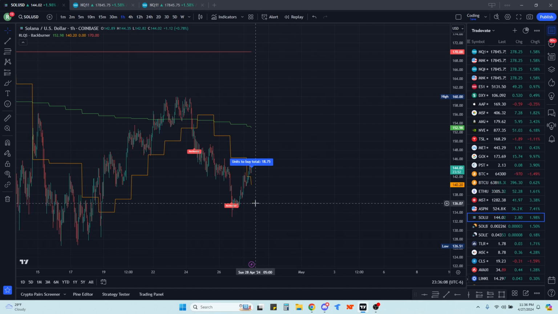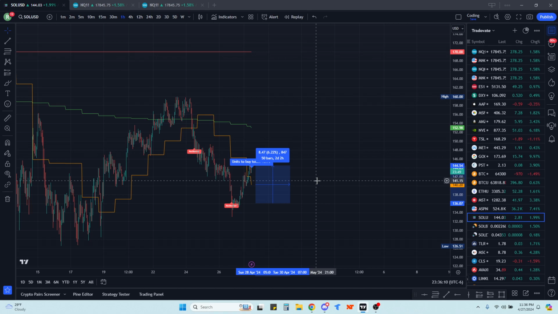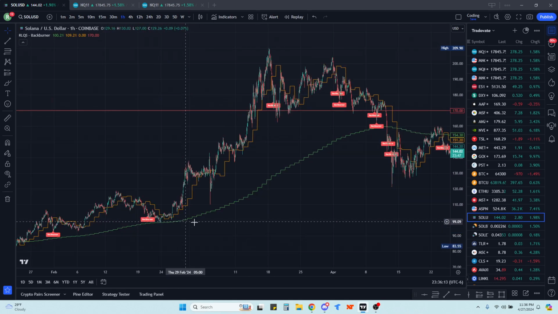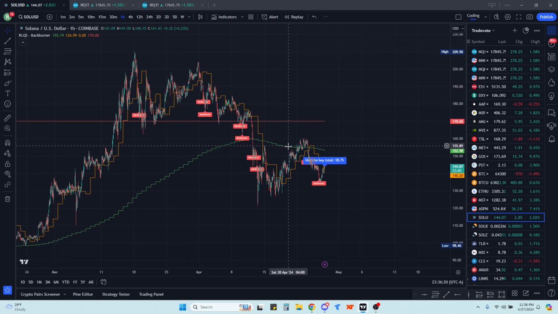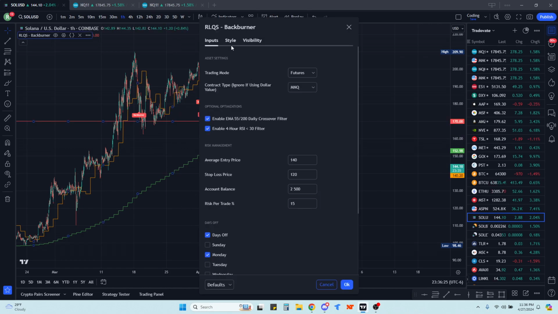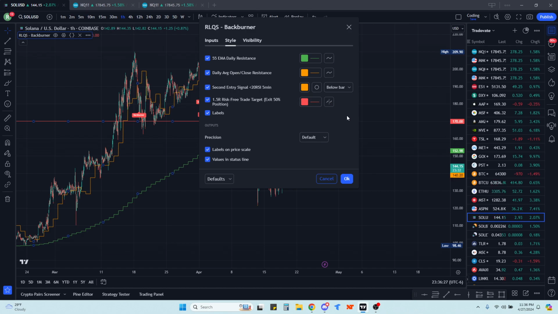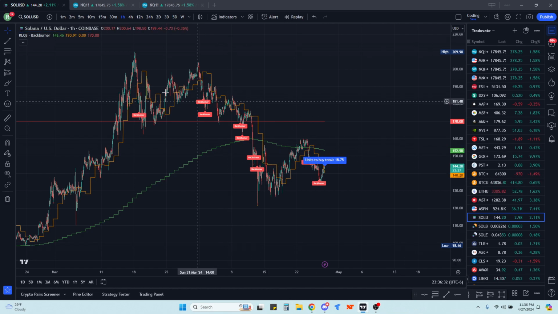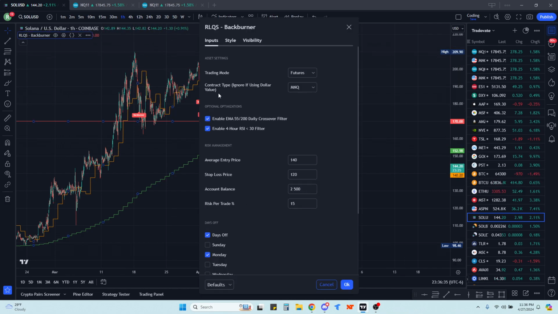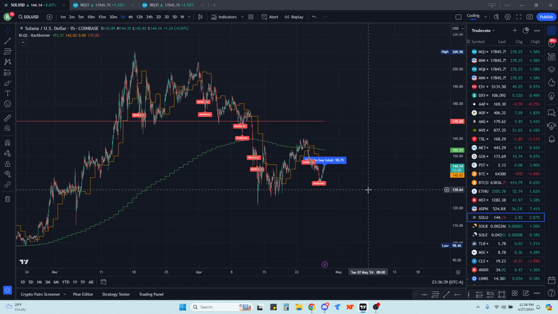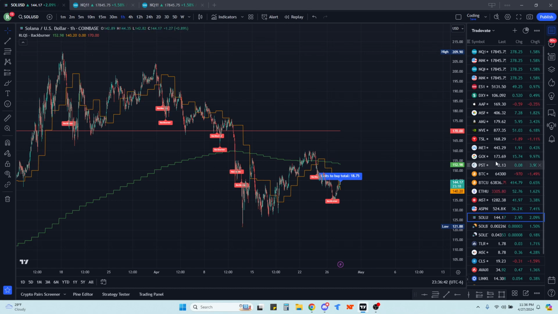But it's really great at calling bottoms, kind of like the RSI Climax is, but this is built a little differently, and this is taking into account multiple time frames, multiple optimizations, and resistance bands, as well as you can plot on here where you want to take 50% profit to have a risk-free trade, to let the rest run higher, all sorts of different things. So yeah, actually I never changed that over to dollar value, but it shouldn't change too much seeing as it's Solana. But long story short,